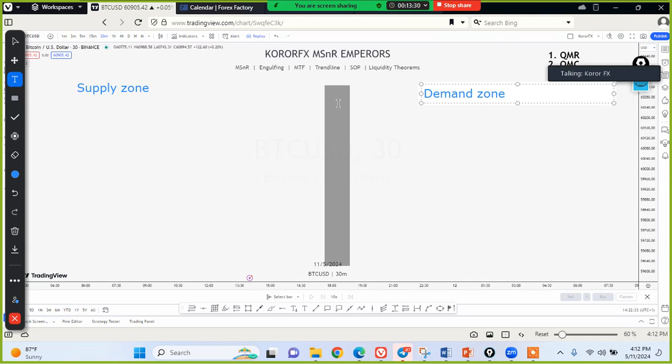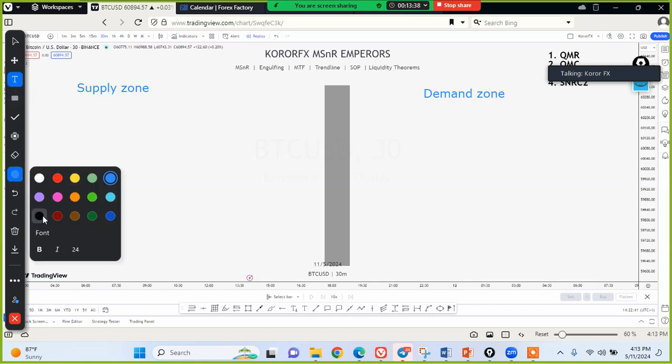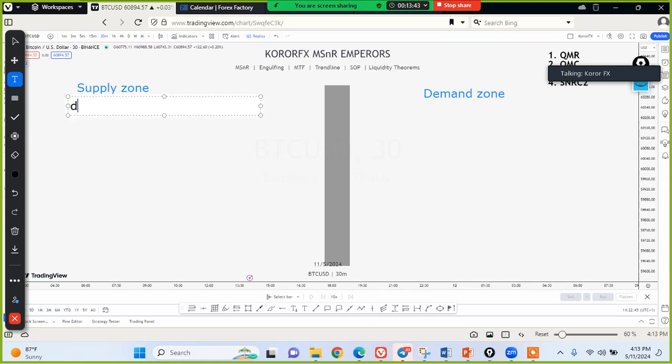Demand zone. I want to make you understand everything. So when it comes to supply, almost every time we use what is called DBD, which is drop base drop. All right, drop base drop. When it comes to demand, price always forms what's called